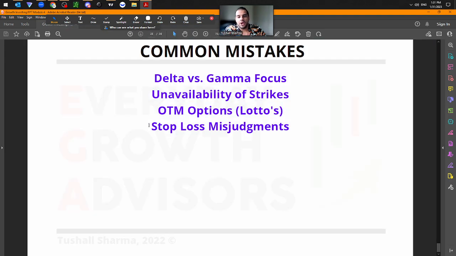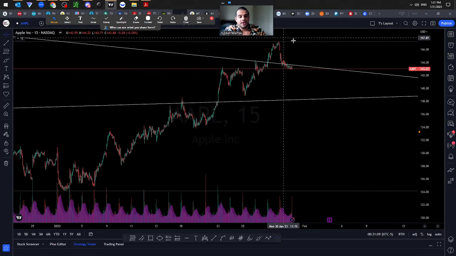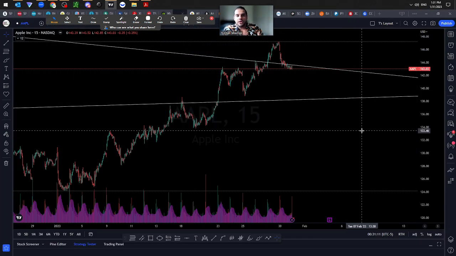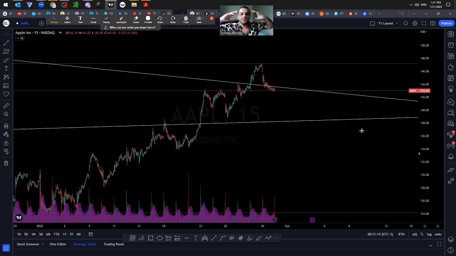Lastly, stop loss misjudgments. Another one. A lot of people tend to make misjudgments about their stop loss. Okay, and the most common thing, I don't know, after 3 years of mentoring people and taking feedback from students,